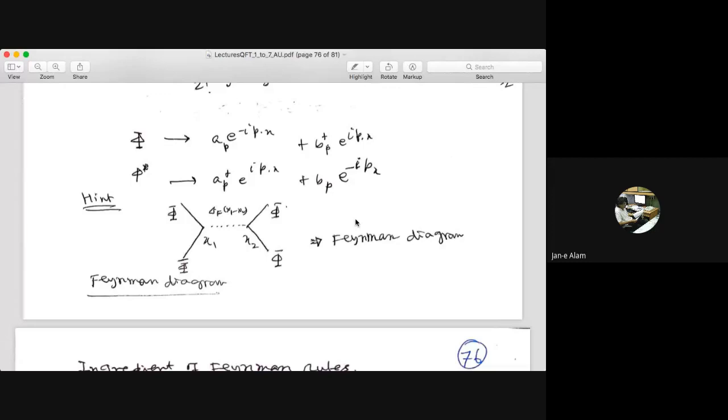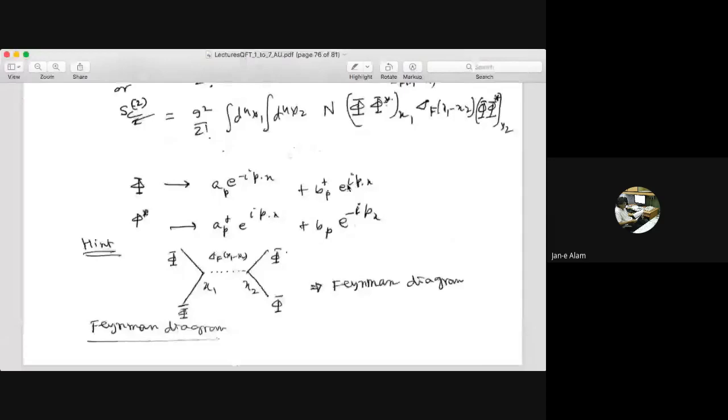This is very important, that you see this phi field, the expansion that I have shown you, it has annihilation. It can annihilate a particle and create an antiparticle, right? So if I put here the argument x1, then at x1 a phi is annihilated, right? And then another phi bar can also be annihilated there, because you have another BP operator, an annihilation operator, from which you can get another phi bar which will get annihilated here at x1, right?